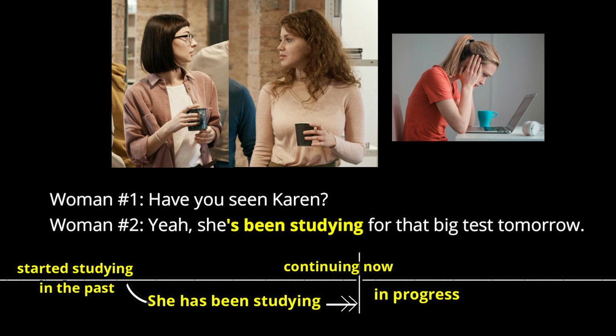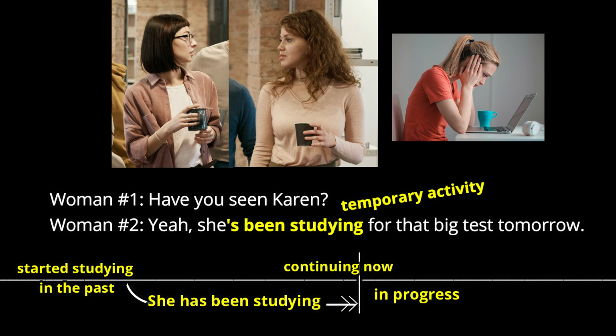She may have started at 8 o'clock in the morning. She may have started an hour ago. But the main thing here is the length of time is not mentioned. And also, she's studying. So this is actually a temporary activity again. So you see, it's a little bit different from the first two examples that we just saw, where they give you the length of time.